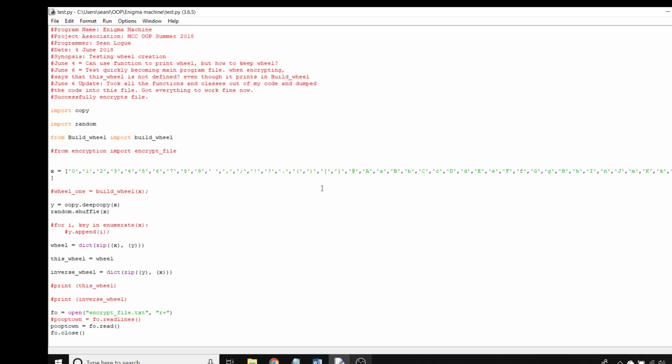So for this week, what we've been working on is building the wheels, and I think the lab for this class was to build a class that could build wheels or that could add a wheel at any moment. I made code that could build a class, and I made code that could read a file in through a dictionary, but I wasn't quite sure how they would work together. So what I did for code this week is